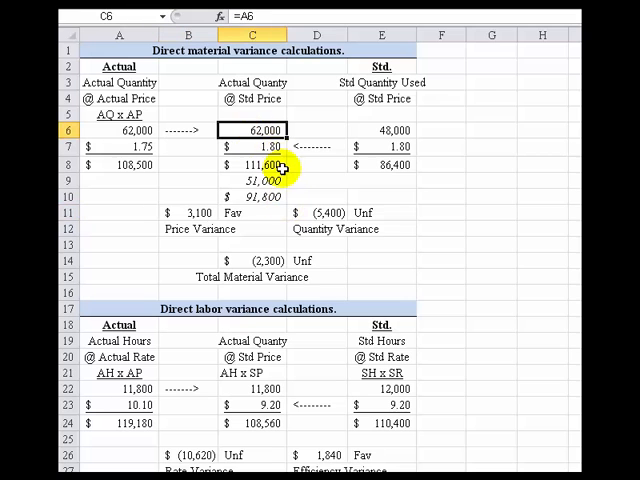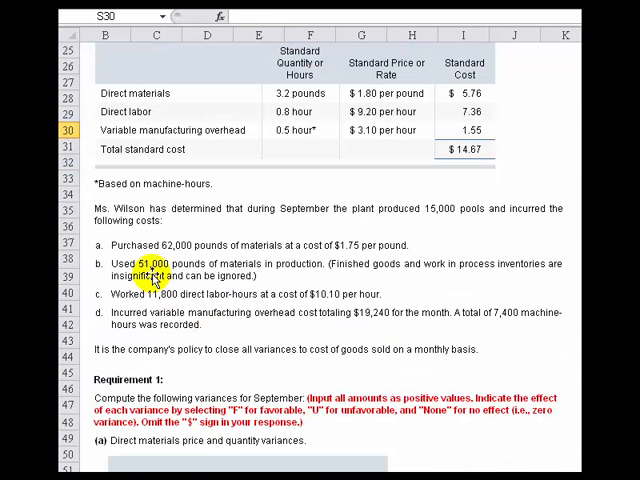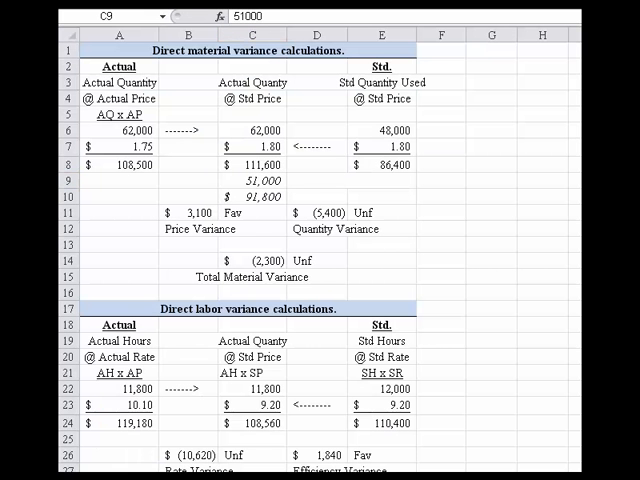But we didn't use all 62,000. We only put 51,000 into production. And I think they told us right here, 51,000. You used 51,000 pounds of material in production. So when I slide back over, with that 51,000, we then need to use that to calculate this variance. Well, how do we do that? What we do is we multiply the $1.80 times the 51,000 units that were used in production